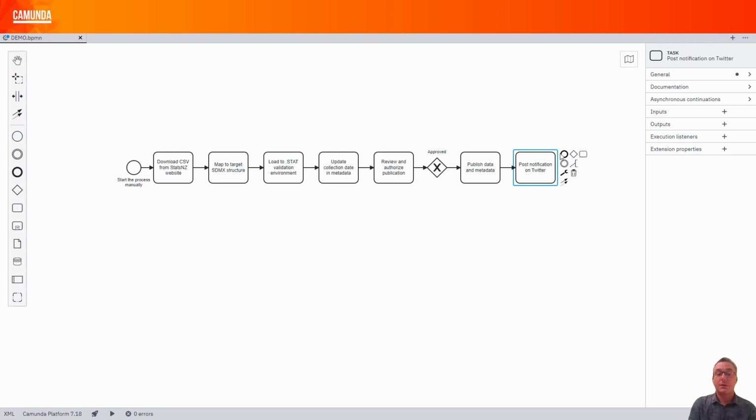Finally, a report about the execution of the process will be sent. One more thing will be necessary at the beginning of the process, creating a workspace for storing data and metadata manipulated during the execution of the process.